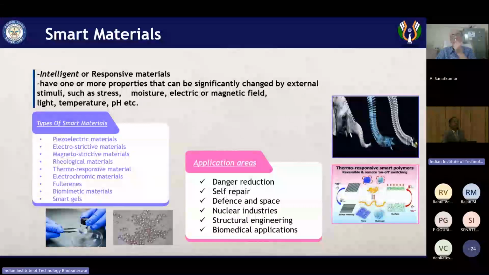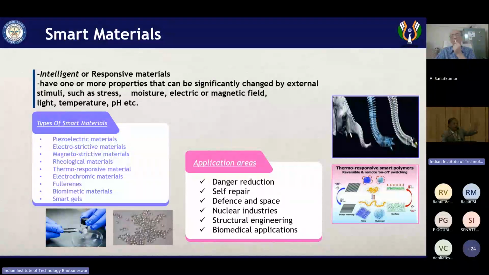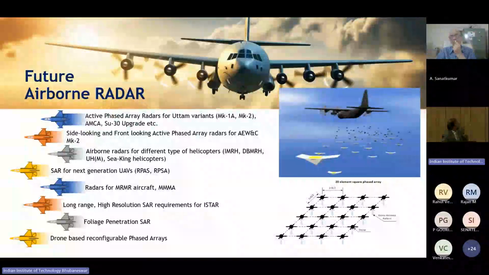Materials are going to be a very, very important future definition of war. A few minutes back, I explained to you about stealth. A stealth aircraft can be made provided it cannot be tracked by the radar. It cannot be tracked by the radar provided it is made of radar absorbing material. It is called RAM. Reshaping materials, so that the entire configuration of a missile changes as it attacks, so that the enemy missile's image processing fails to detect your attack missiles. So material is another area which is going to define the future of war.